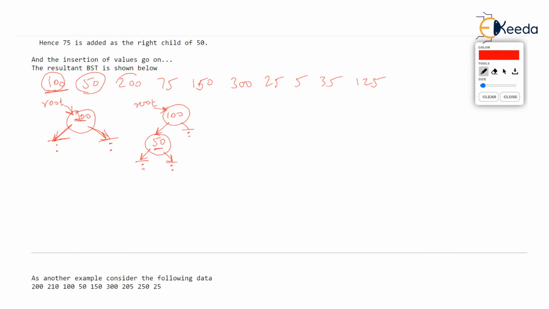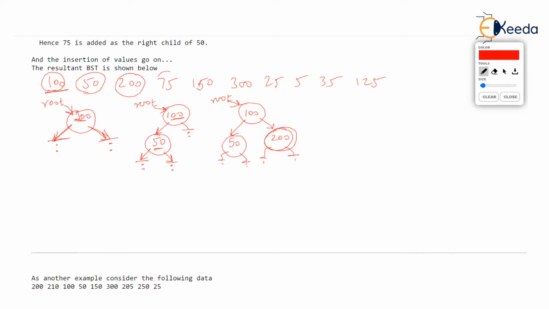Now let's take the next value, 200. Now this 200, when compared with the topmost node 100, is greater than 100. So any value greater than the parent will go to the right. So the tree we now get is: 100 will still be stored as the root node. The left of 100 is already pointing to a node which stores 50, with its left and right pointers equal to null. But the right pointer of 100, which was null, will no more be null. It will now point to 200, and the left and right pointers of 200 will be null. But this is a new node, isn't it? It does not have any followers.